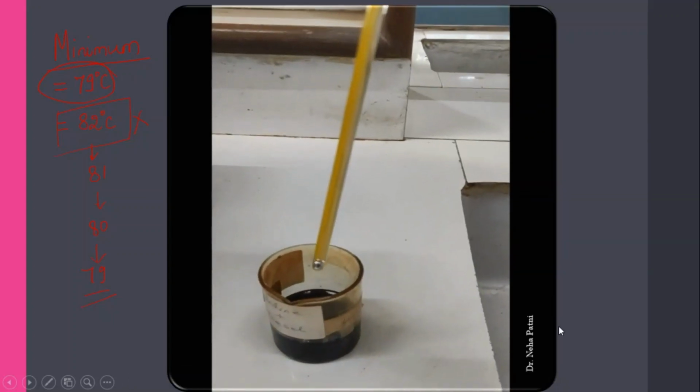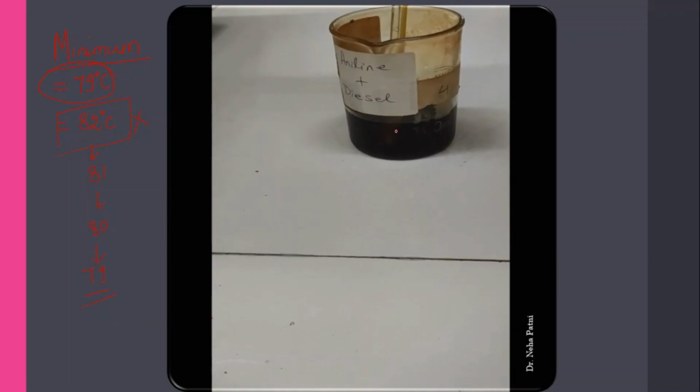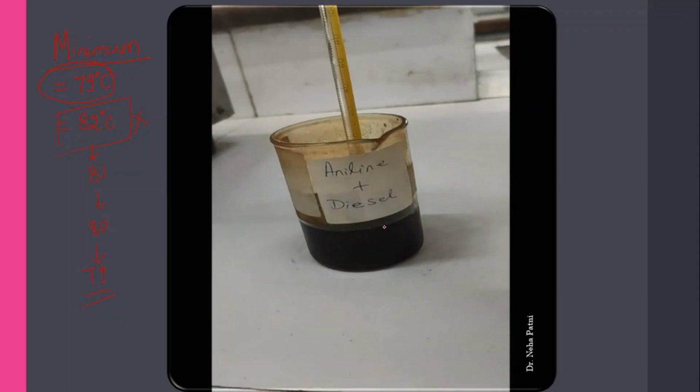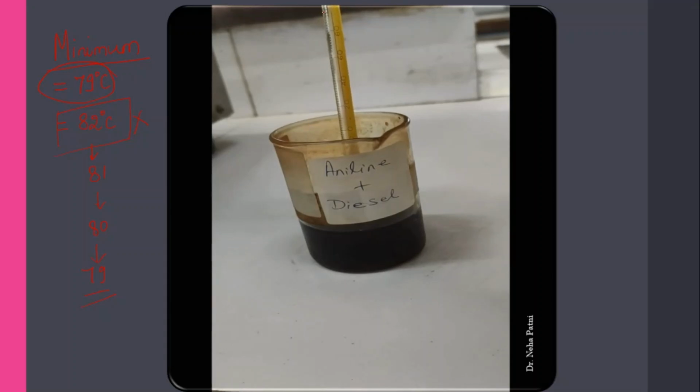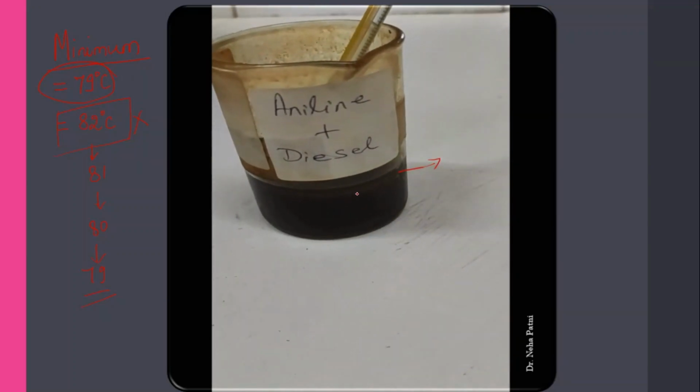Now you see, you have to let it cool down and observe here at the top. As soon as you observe a layer here, they start separating. The moment you observe a layer here, you have to take the reading immediately. See, the reading has already crossed 80 something, and now you have observed a layer here. See, a layer has arrived, and here you have to stop your reading. So you have to be pretty quick in taking the reading. You need to be very exact that this is the point where just the layer has arrived.